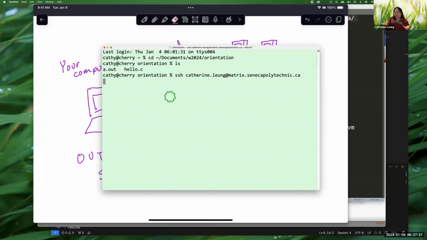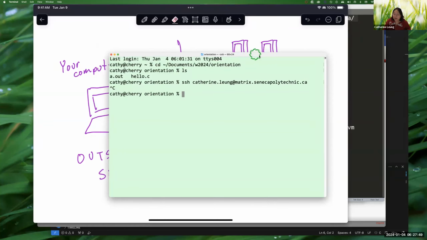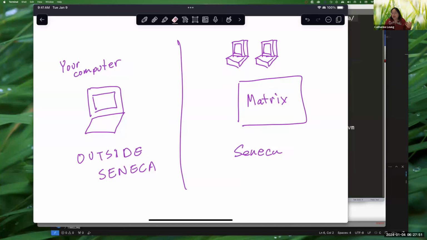Now, right at this moment, it doesn't seem to be doing anything. The reason it isn't doing anything is it actually can't connect right now, and that has to do with where I am. I'm currently at home, and Matrix is located at Seneca. So I'm outside of the Seneca network, and right now, if I try to connect, it's not going to let me because I'm not inside the